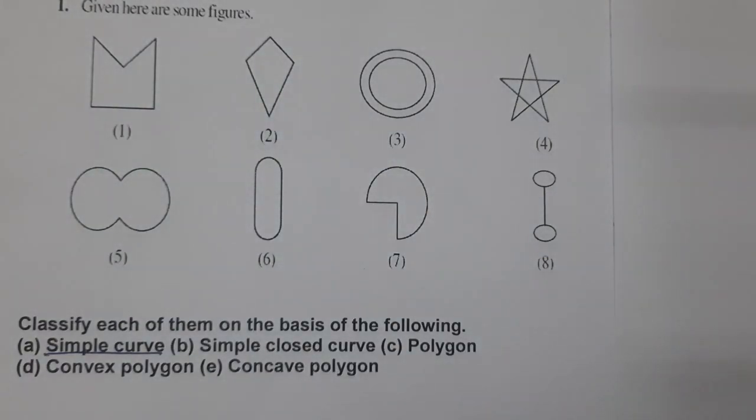First of all, what is the definition of simple curve? A simple curve means which does not cross itself. First thing is it does not cross itself. It will not join any other curve. Means one curve is there, then no breaking, and no curve inside also. One curve is there and one curve another side inside, no such type of curve. So what is simple curve? A simple curve is just made and does not cross itself and does not have two curves joined together also. Okay, so let us see simple curve.